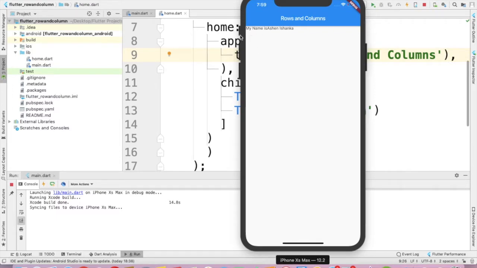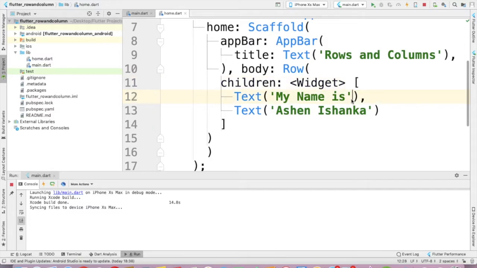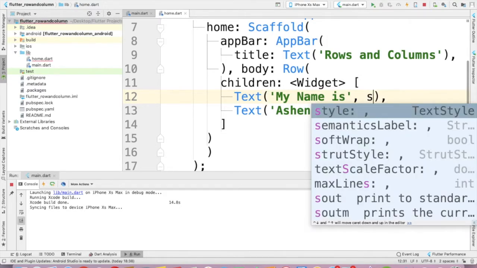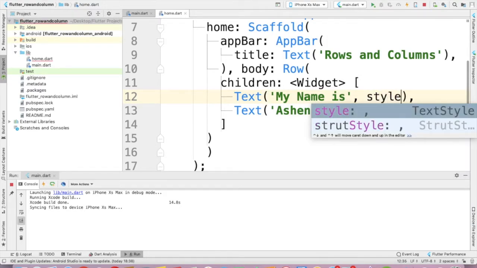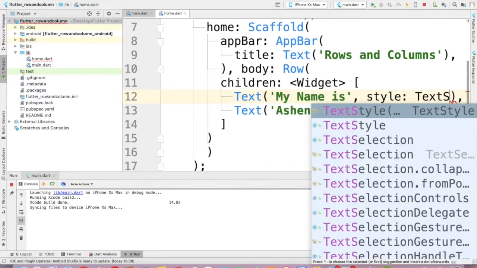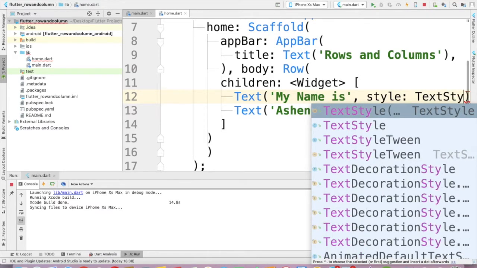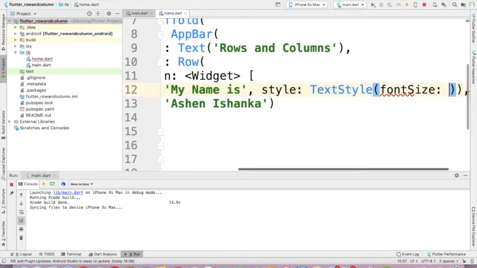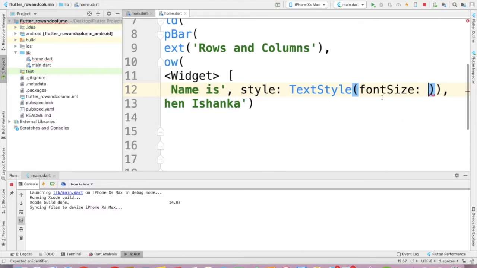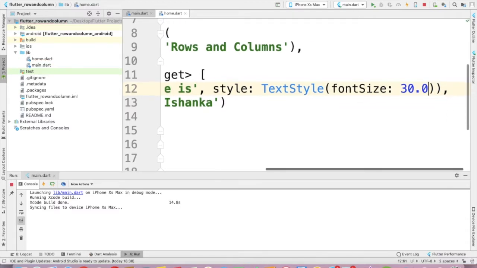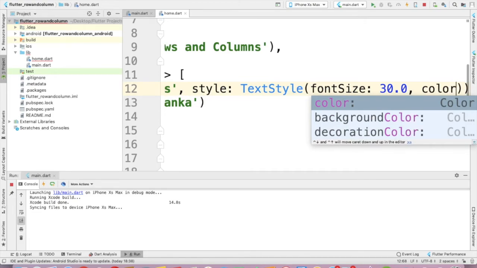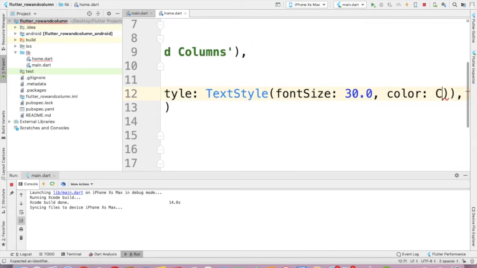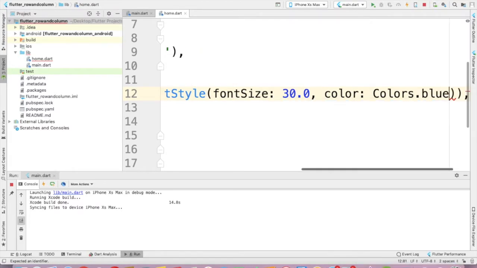Now let's organize this text by adding a style. In the first Text widget, add a comma. To add a style for that, use style colon TextStyle, bracket open and close. First add a font size for this. fontSize colon 30.0 as my font size, and a color for that text, color colon Colors.blue. Okay,